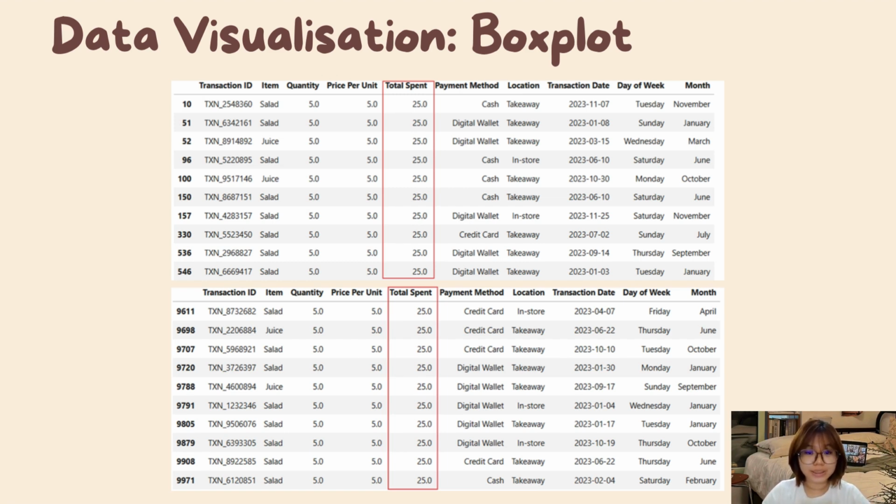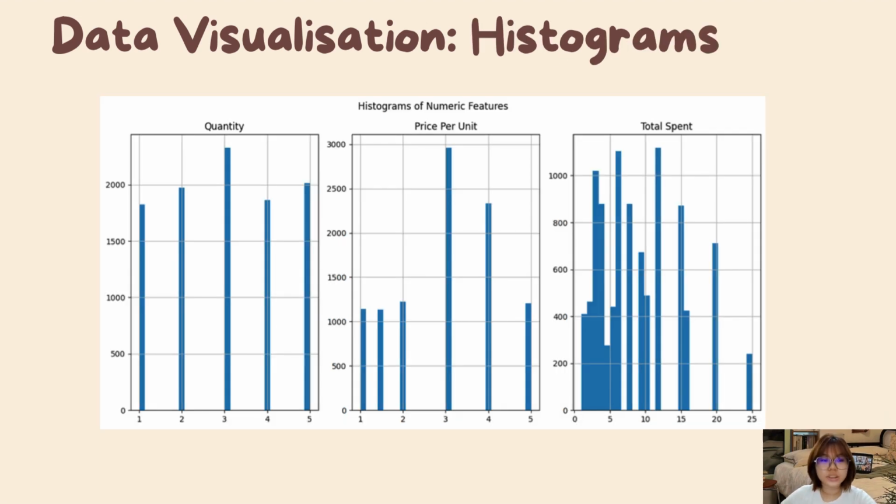Most of these outliers were transactions where customers spent $25, the maximum amount in this dataset. This confirms that the outliers are not errors but rather valid high-value purchases and therefore should be retained to accurately reflect the spending behavior. Next, we use histograms to visualize the distribution of quantity, price per unit, and also the